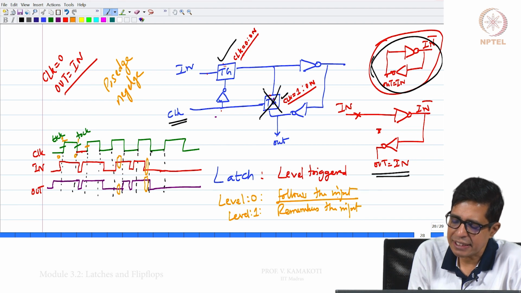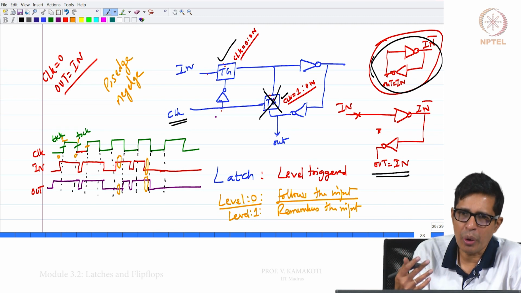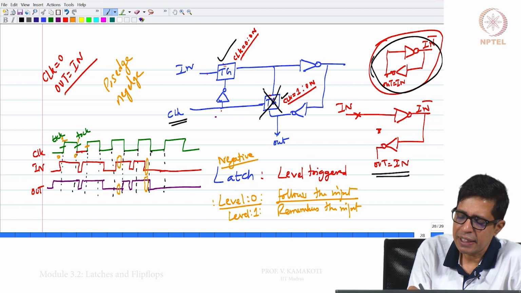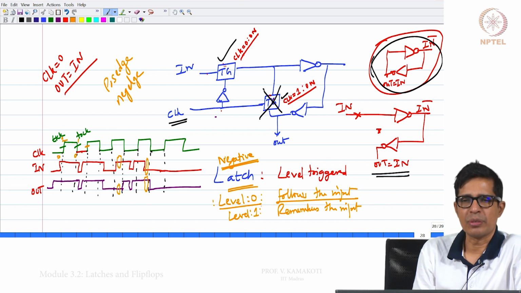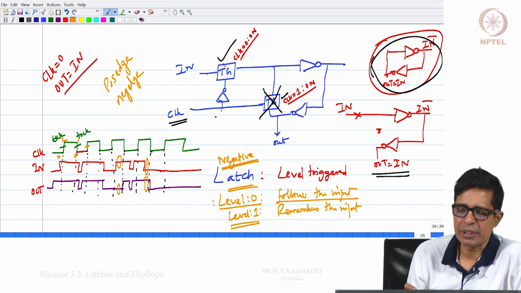So, the latch is triggered, meaning it starts accepting new inputs, only when the level is 0. This is called a negative latch. A negative latch is enabled when the level is 0 and it remembers when the level is 1.